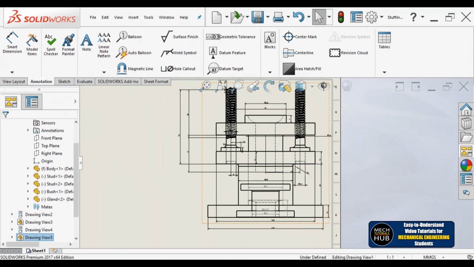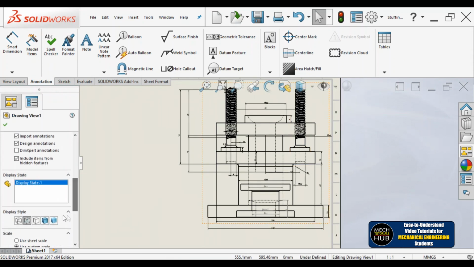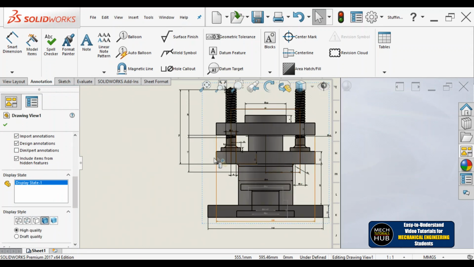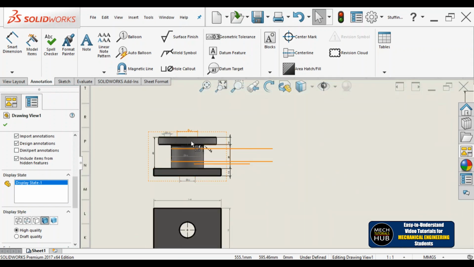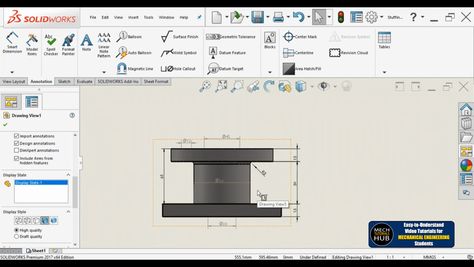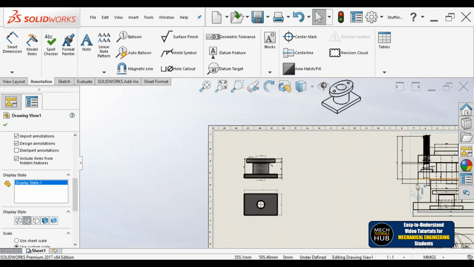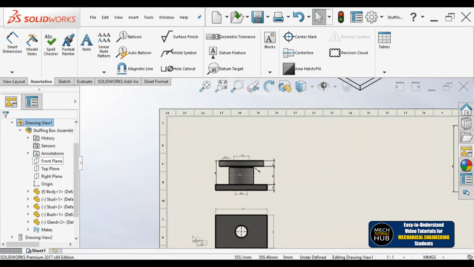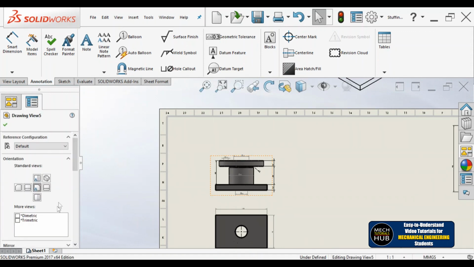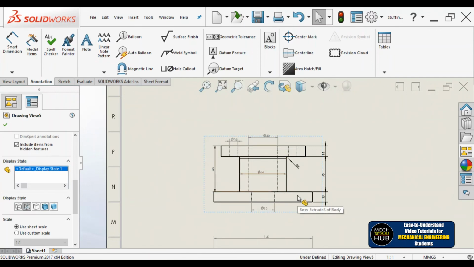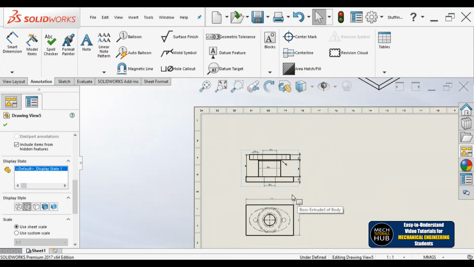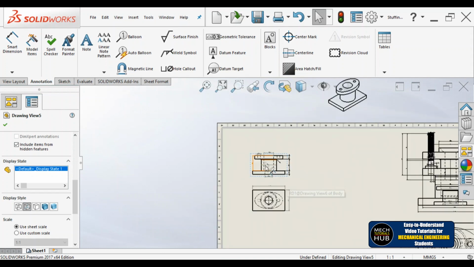Okay, let me close this, keep this view also in solid, then you'll understand. This is the part that I have drafted. This is the part number 1 which I have drafted over here individually and given all the dimensions. Just to make you understand, I kept it in solid, but it is supposed to be in wireframe only. It should be in wireframe. Even this is also kept in wireframe only, so that you'll understand the internal features: there is a hole or not, if there is any other feature existing inside.